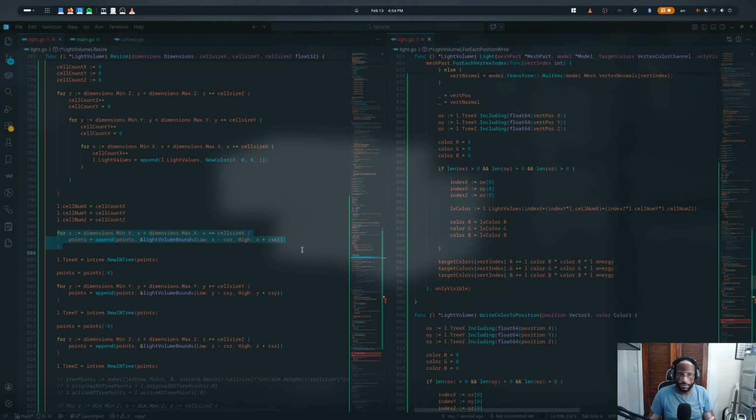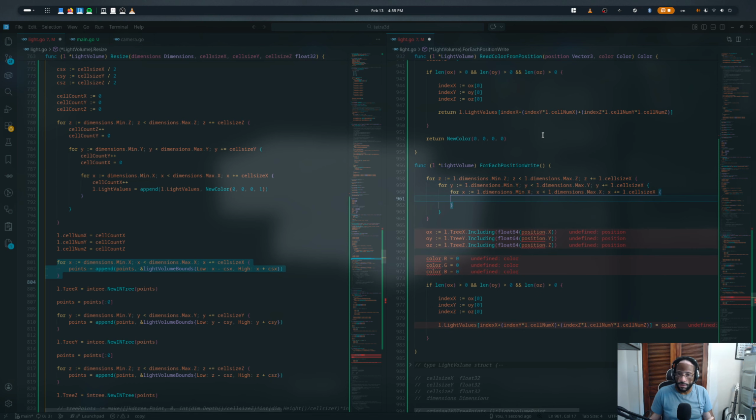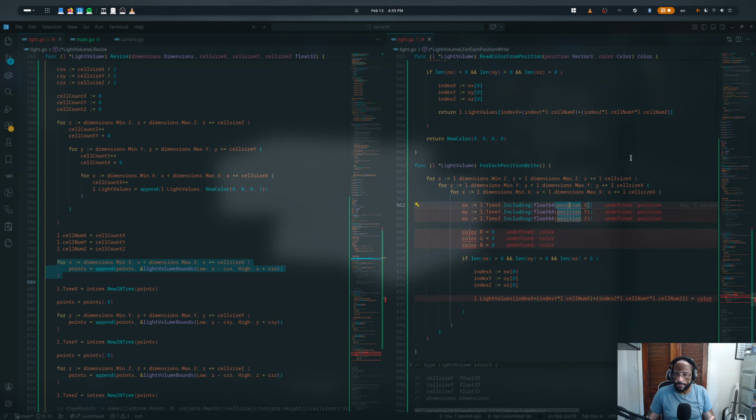Okay. So, yeah, I guess we'll do it in reverse order. Okay. So now we do this. We're passing in X, Y, and Z manually. And then when we get a result, we then